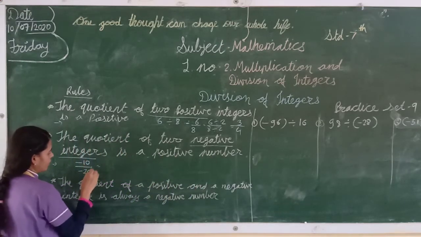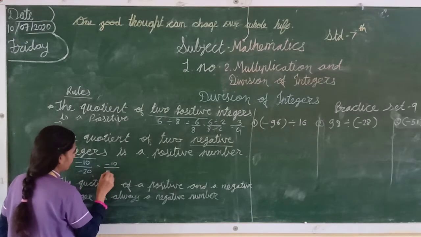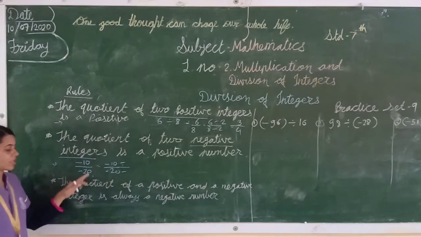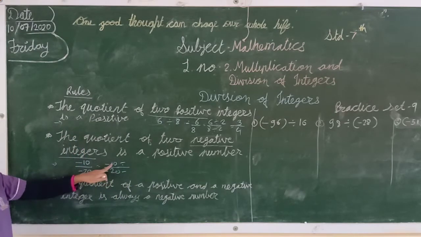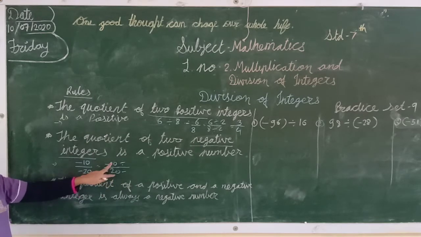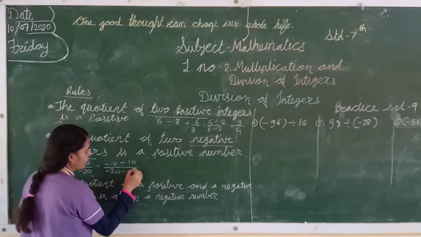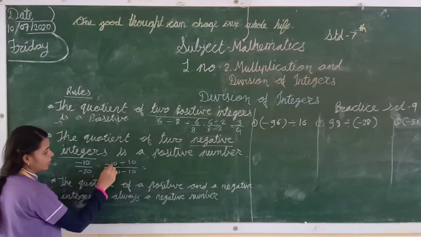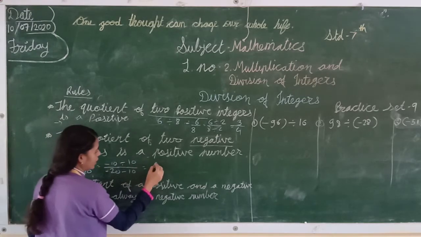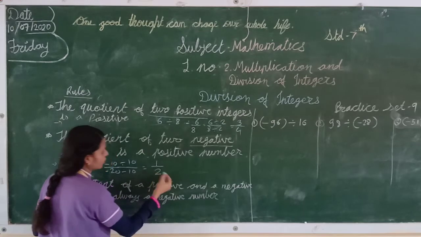How do we have to divide it? Now see, both numbers come in the table of 10. 10 ones are 10, 10 twos are 20. Both numbers come in table 10, so we will divide by 10. If you divide 10 by 10, what will come? 10 ones are 10 and 10 twos are 20, so the answer is 1 upon 2.